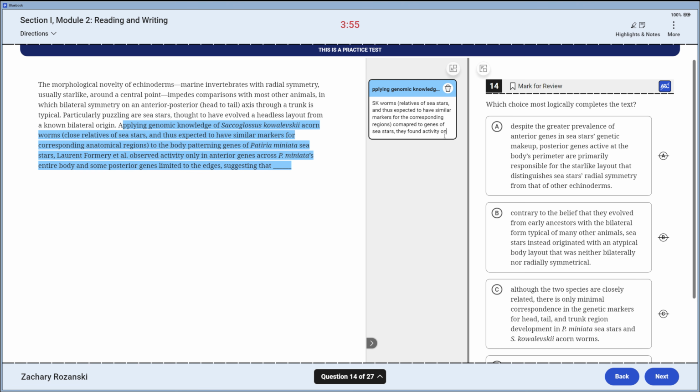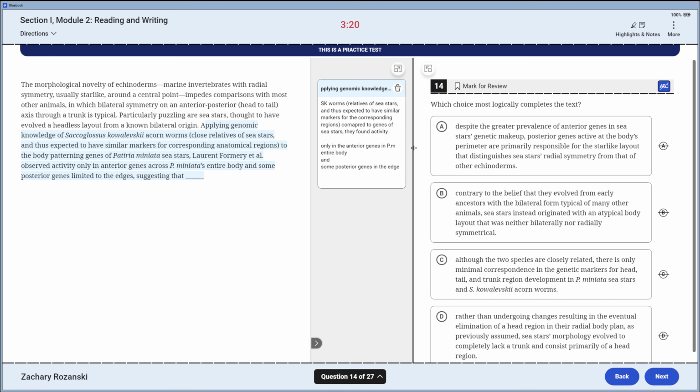Normally I understand what I'm reading by this point, but I don't. Look how much I have to type. Only in the anterior genes in PM's, sorry, the sea stars will do PM's, that's the sea star, PM's entire body. So that seems significant. Only in the anterior genes of PM's entire body and some posterior genes in the edge. I have no idea what I just read. And I know that when I look at the right side, that usually helps, but I just,